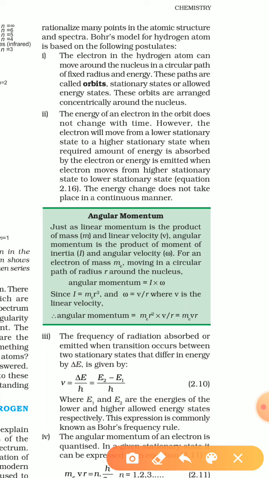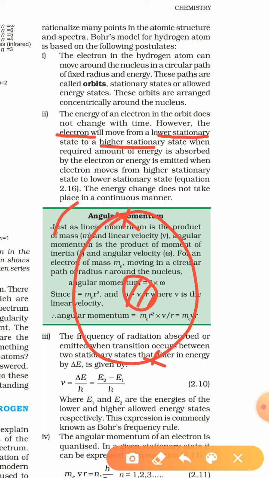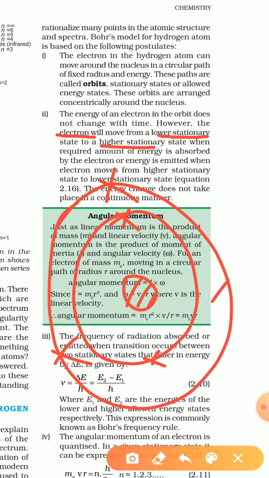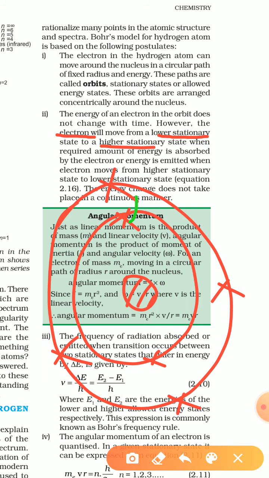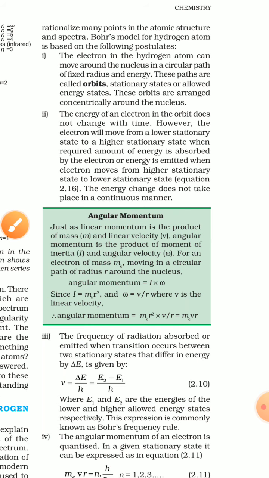But still, the electron might move from a lower energy state or lower orbit to a higher orbit. Sometimes, if there are two or three orbits present, then in some situations this electron might go into this state, or this electron might come into this place. There could be some exchange in between. So in that particular scenario, what would happen?